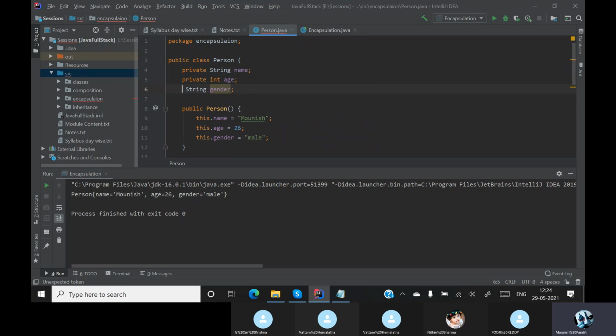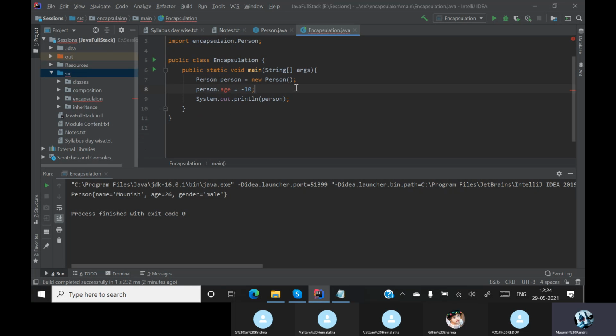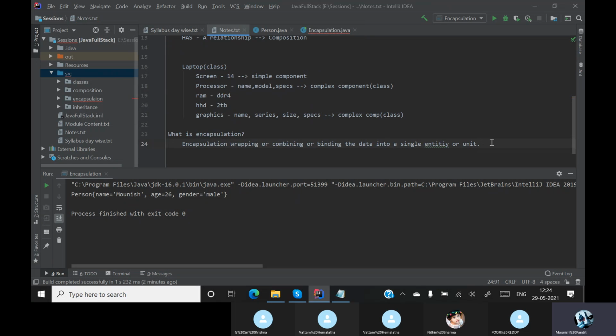And any programming language following our OOPS concepts should follow encapsulation also. The reason why we make it private is that it is a rule of encapsulation, so that if you access it directly it will give me an error. It means it is hiding the data.